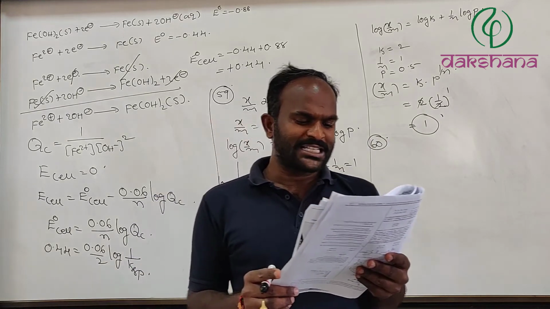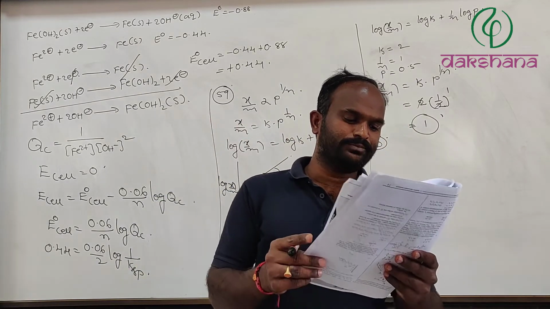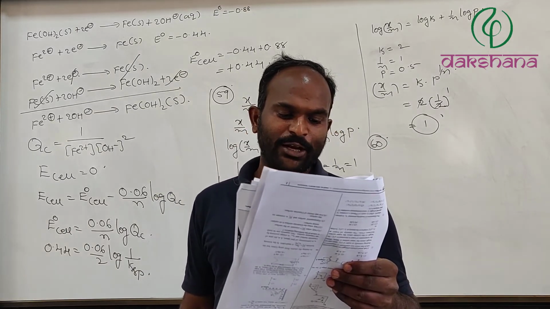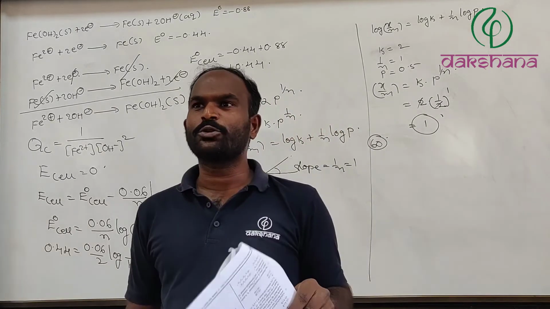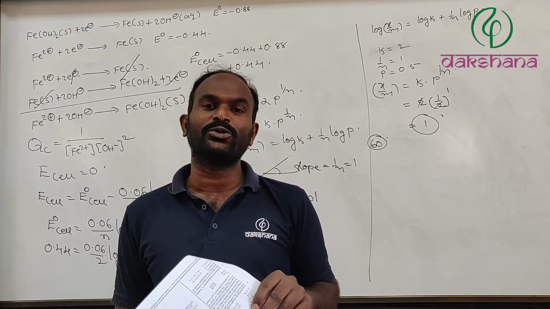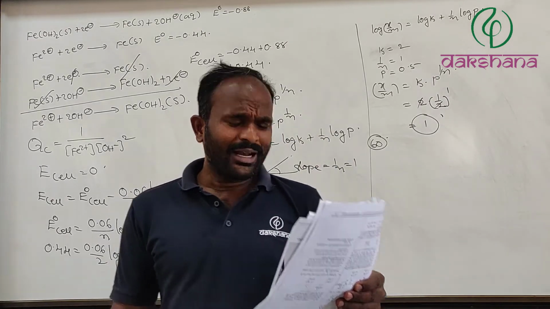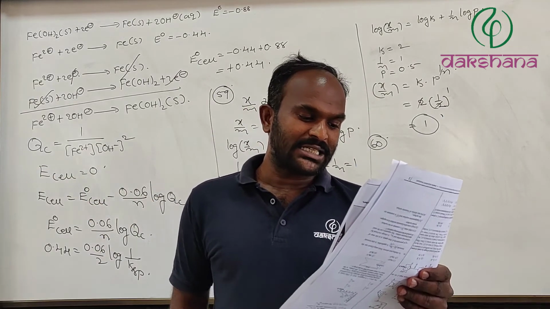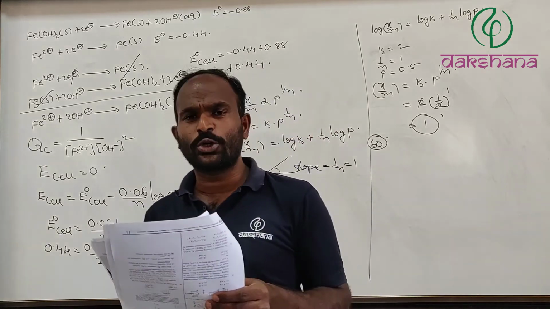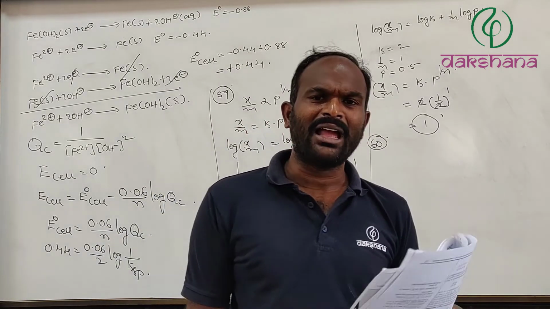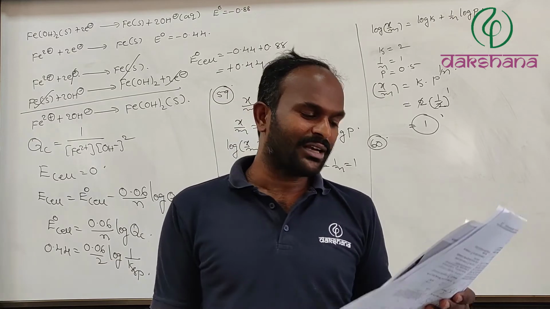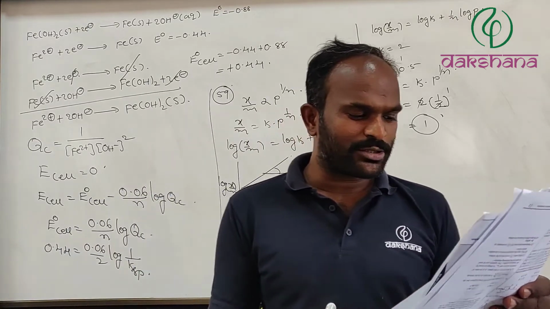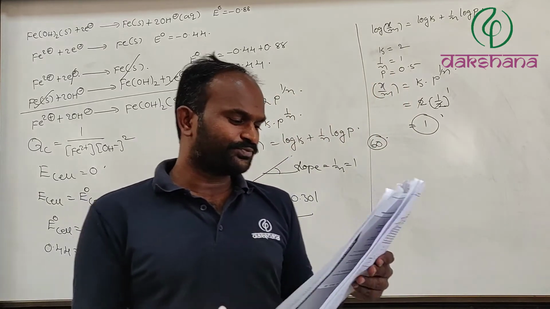Next, how many of the following statements are true? First one, nitrogen dioxide turns starch iodate paper blue. Yes, true, because the starch iodate will be converted to periodate. Nitrogen dioxide is a very good oxidizing agent, as we all know. Nitrogen dioxide turns starch iodide paper blue. That is also true, because nitrogen dioxide is a very good oxidizing agent. I2 will be converted to IO3−. Phosphorus can be extracted from bone ash. True. So A, B, C are true.